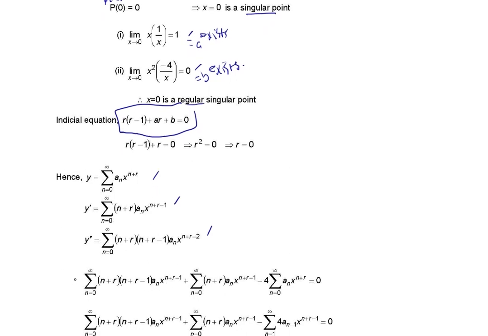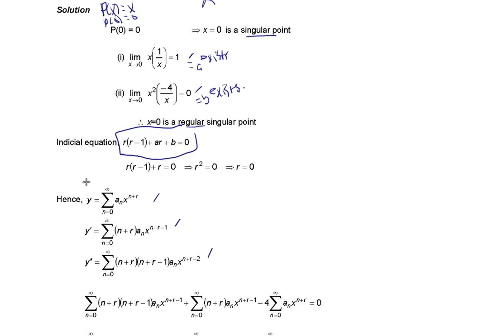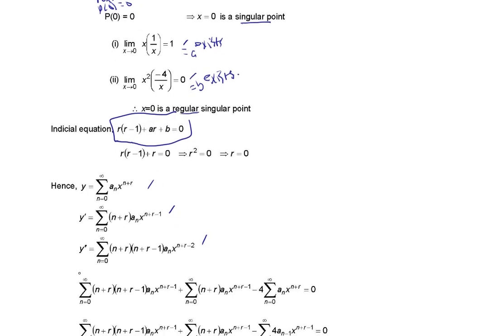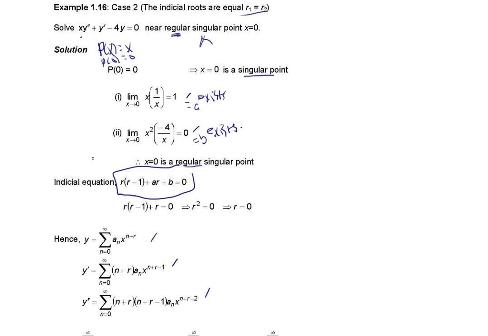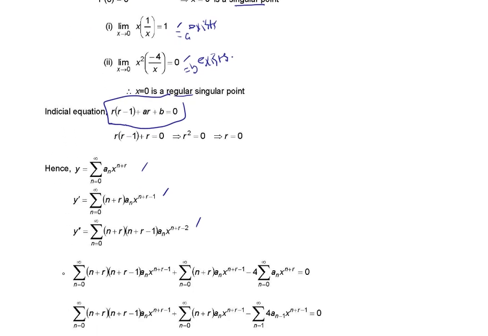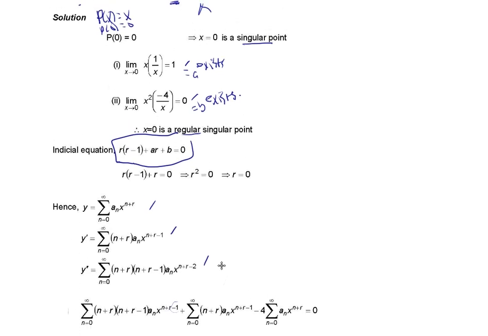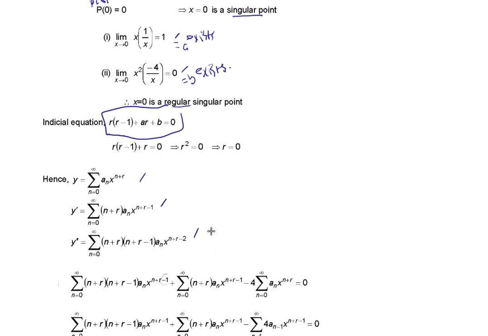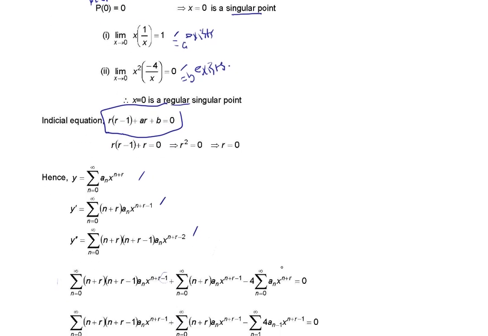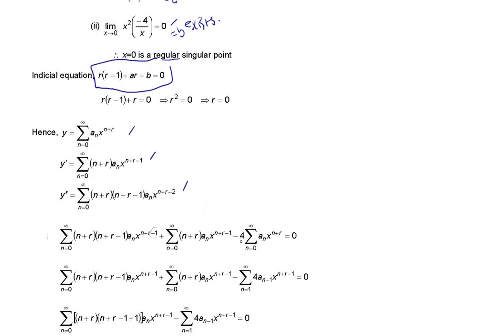Since this is multiplied by x, in x y double prime we have x here, and this is n plus r minus 2, so minus 2 plus 1, we get minus 1, plus y prime minus 4y equals 0. And then